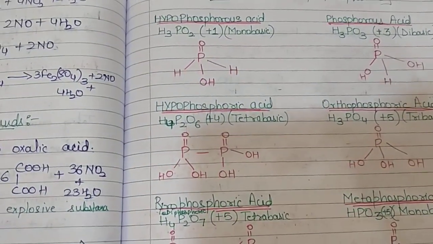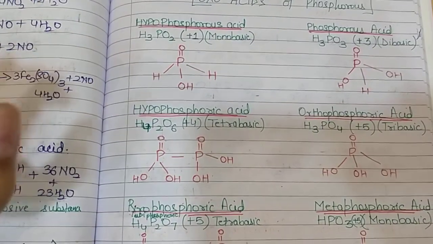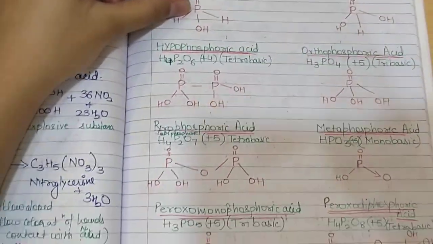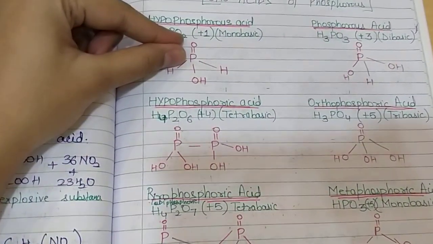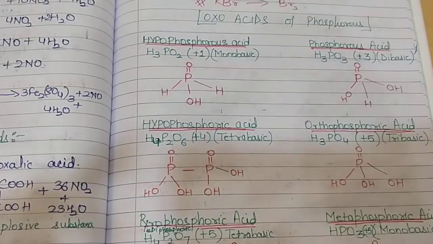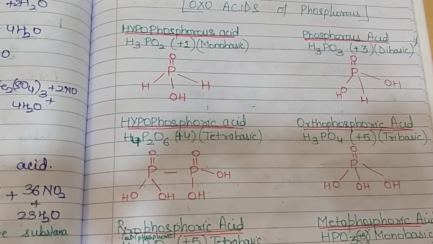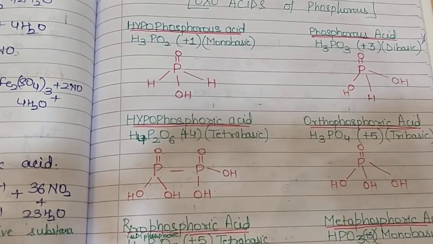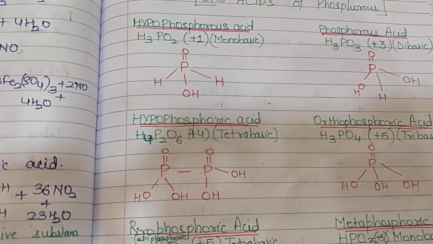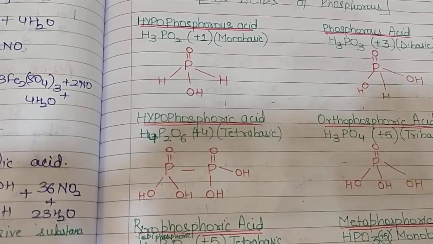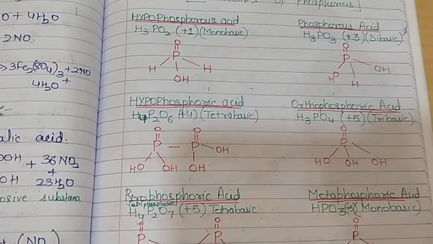In addition to this, in case of oxoacids of phosphorus, the P=O group is always there. This functionality is always there in all the acids. At least one P=O linkage is there in an oxoacid of phosphorus. Also, there is a tetrahedral arrangement of atoms, or we can say bonds, around phosphorus, whether it be double bond or single bond. There are always 4 groups present around phosphorus which are arranged tetrahedrally in an oxoacid of phosphorus. So these 3 things are definitely there in any of the oxoacids.